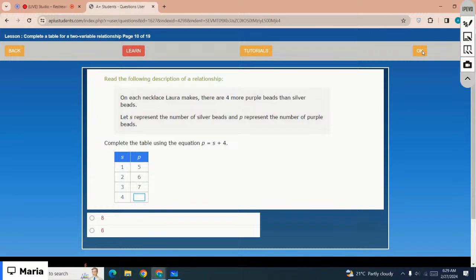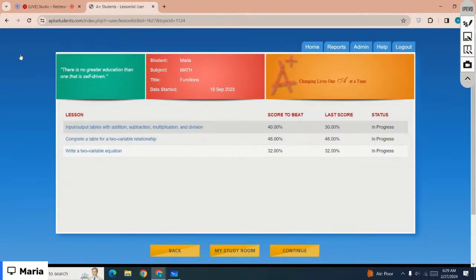The correct option is 4 plus 4 equals 8. So the correct option is 8. Okay, you can complete the lesson by yourself later today. Let me just move on to the next lesson, and the next lesson is